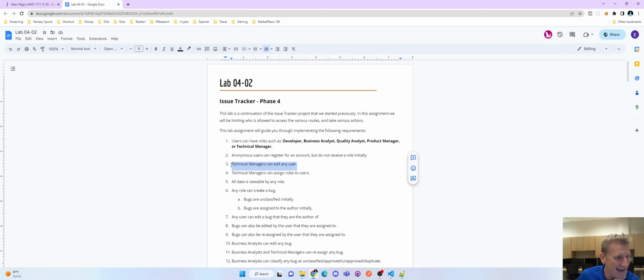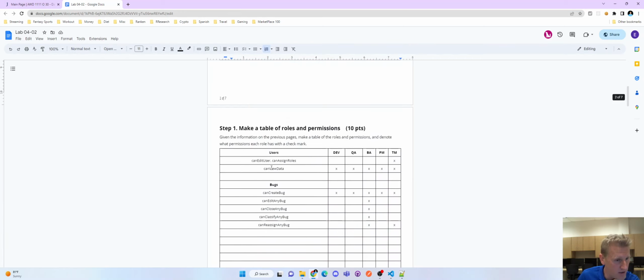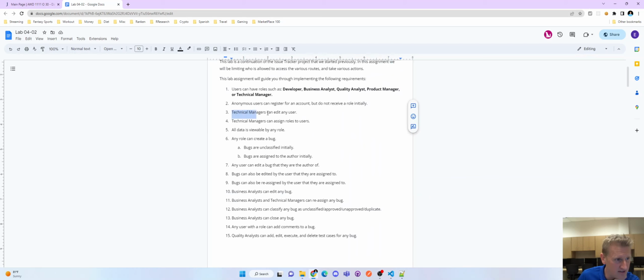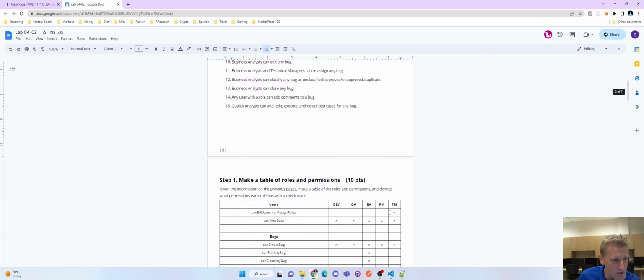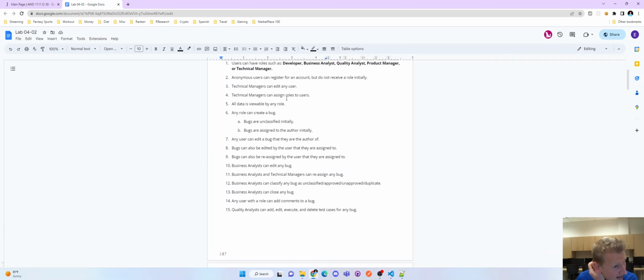Technical managers can edit any user. So what you do here is you go down, can edit user, and you see technical manager, right? So that's literally all we're going to do. We're going to say, okay, requirement number 3, we're checking the box right here. And maybe we can break that one up and can assign roles just to have the permission on a separate row. So can edit user,